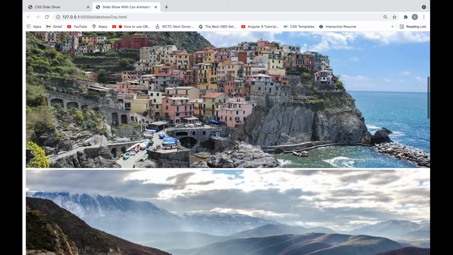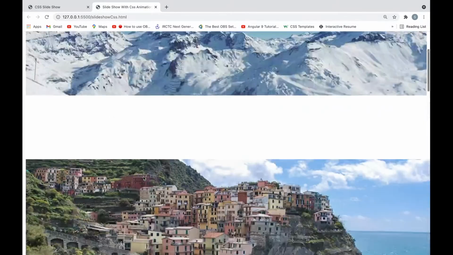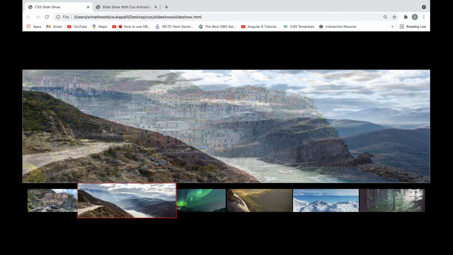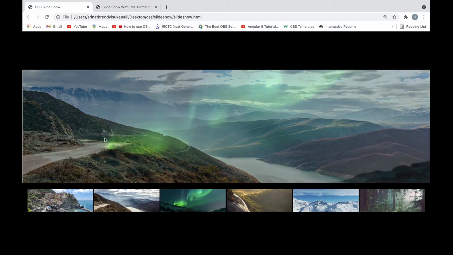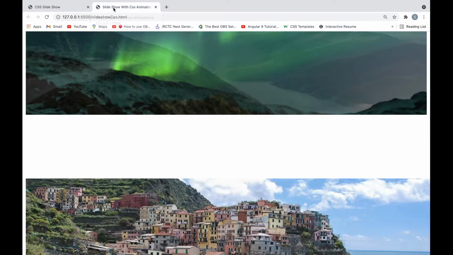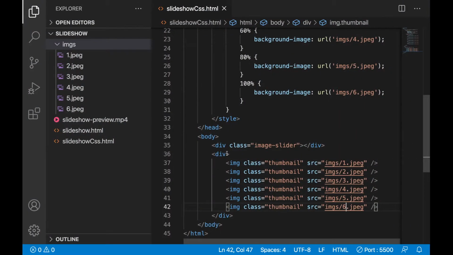See, it is coming like this. If I want to put all 6 images side by side, I should use display flex for the parent of these 6 images. So let's write one class for this, thumbnail parent.